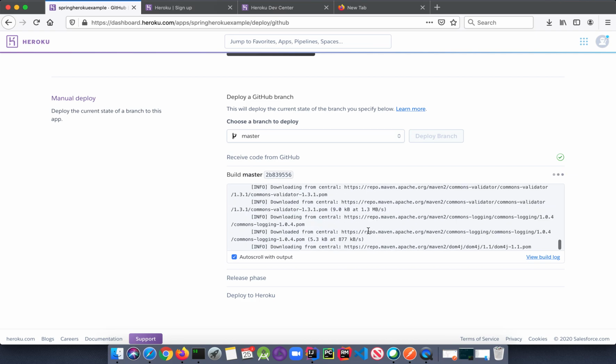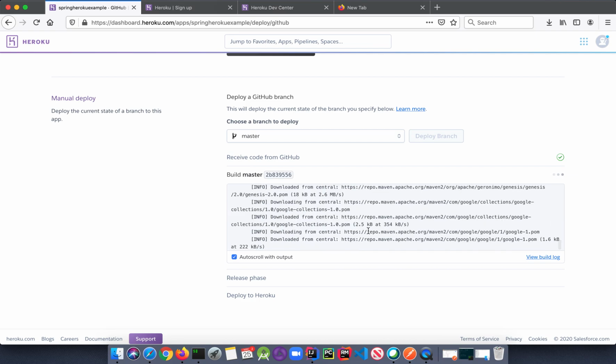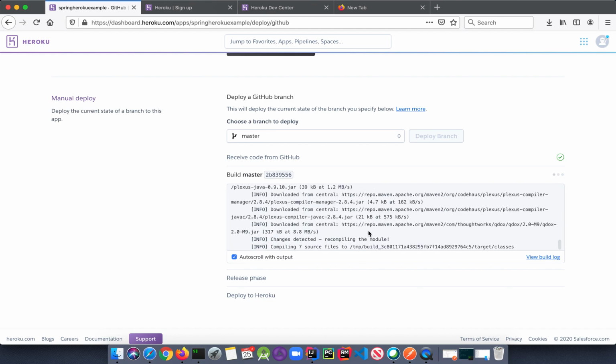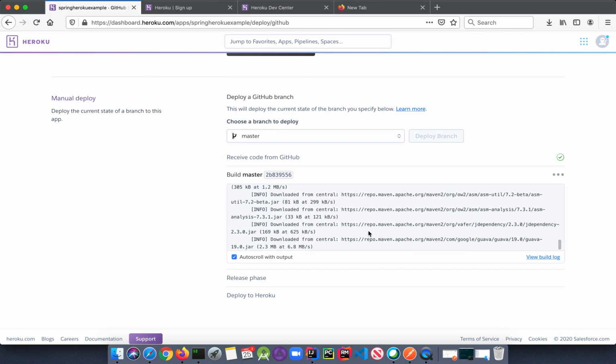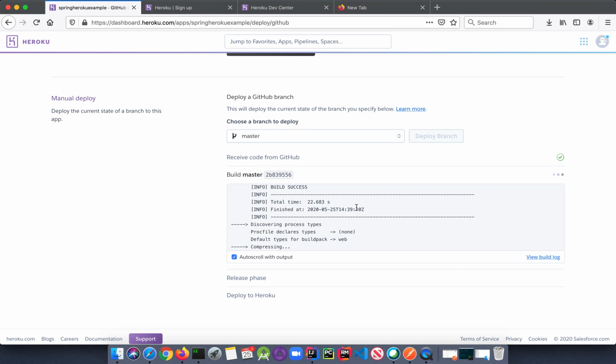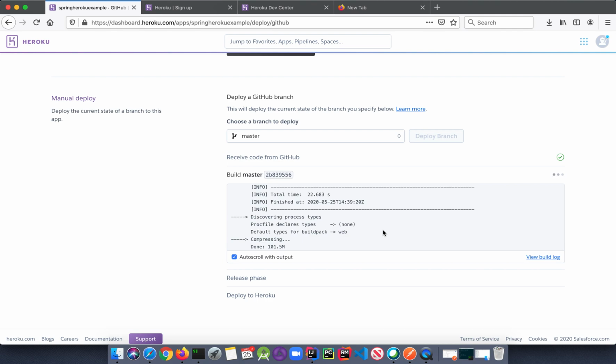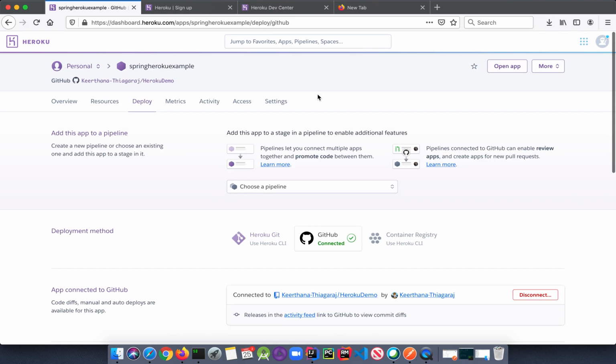It's so interesting. You just need to give the repository and deploy a branch, and it will get automatically deployed. You'll be able to see the success message once the application is deployed. Yeah, here you go, guys. The build has succeeded, and the message says it's getting compressed and will be released. Yeah guys, here you can see the message that the app name dot herokuapp.com has been deployed to Heroku. You can view the application here by clicking open app.